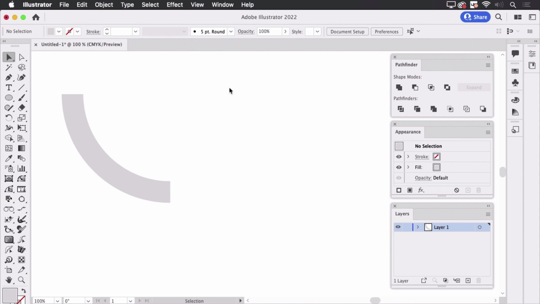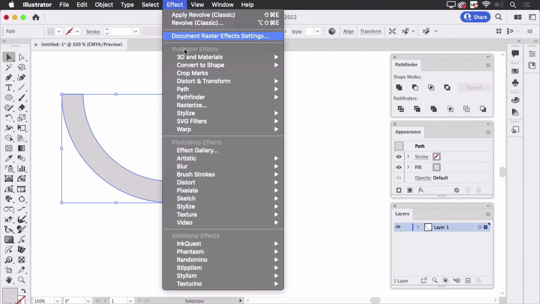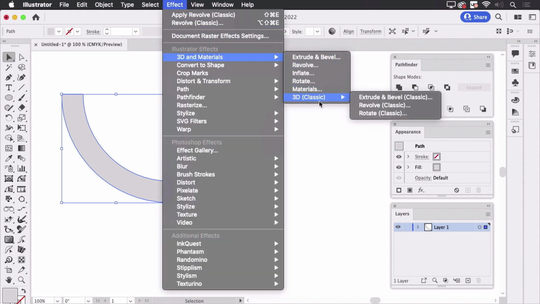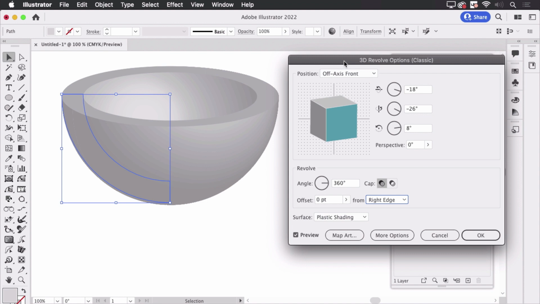My name is Monika, and in this video I'm going to talk about using Illustrator's 3D effect for construction. So let's start with this shape here and apply the revolve. And I'm going to use the classic 3D effects. So it's this one, and first we have to change it to the right edge, and then we get this